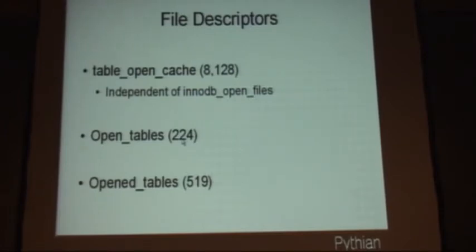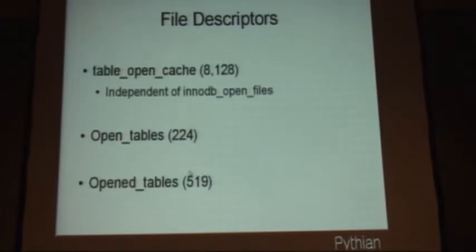And basically if you have this, there's 1 file descriptor open for each one of these. So you want to make sure that you're not setting it too high because you don't want to run out of file descriptors. Open tables and opened tables are both status variables. They have that capital O. It's how many tables are currently open versus how many tables forever that you've opened. So again, the table open cache has up to 8,000 that it can put in there, but right now there's 224, and over the life of the server that this has been running, they have opened